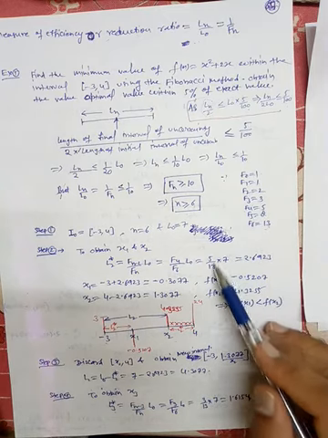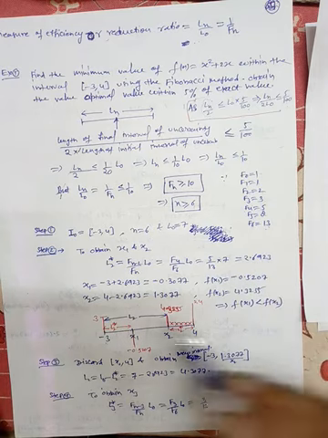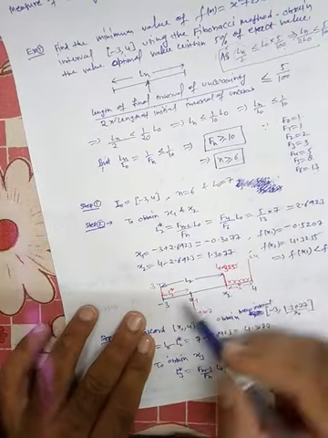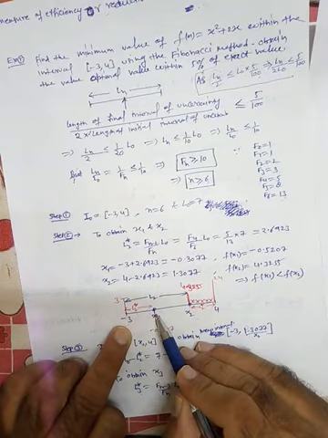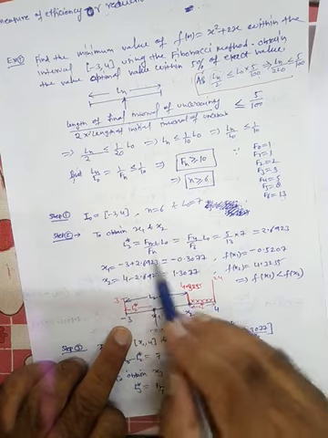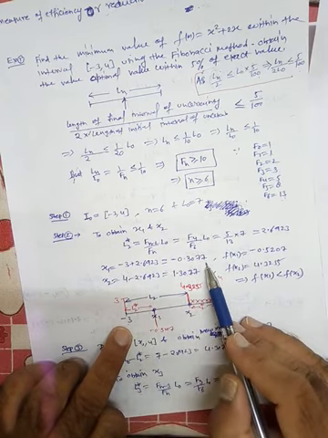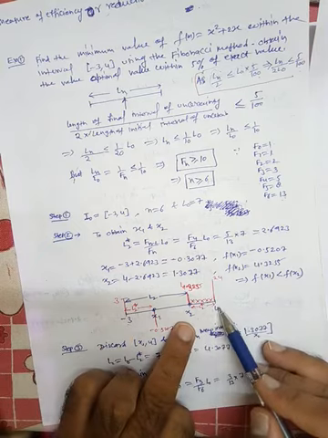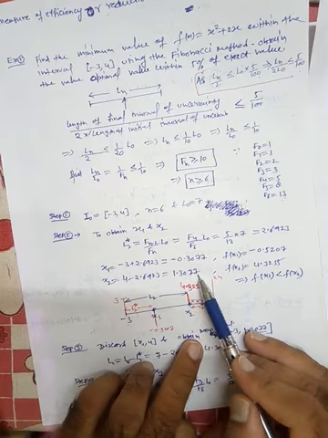F6 is 13. So 5 by 13 into 7 gives 2.6923. Okay, so what is x1? According to this graph, x1 is this point, x2 is this point. So x1 is minus 3 plus this L2 star. So we get minus 0.3077. What is x2? x2 is 4 minus L2 star. So 4 minus L2 star gives 1.3077.